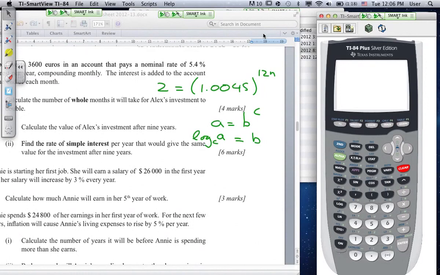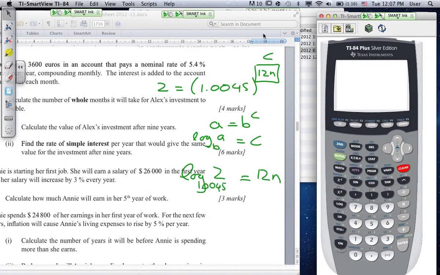Sorry, I think I've got this wrong around. Have I got this wrong around here? It should be this. A is equal to B to the C. Therefore, C is equal to the log of A to the base B, like that. That's the right formula. Okay, so if I look at this, my C is my 12n. All right, C is my 12n, so I'm going to get 12n. The B is this 1.0045 and the 2 is this A. So I'm going to get the log of 2 to the base of